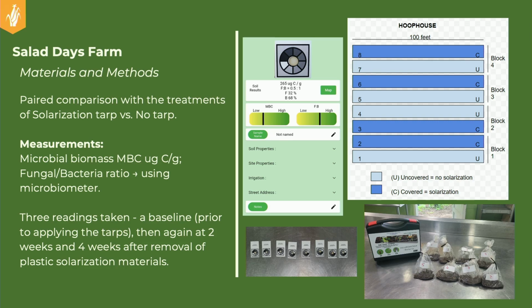Would it be safe to assume that the black fabric I use between my rows is similar to what you're doing with solarization to minimize weed pressure, and brings in more heat? I know your process was more on clear plastic, but would it be fair to assume that the black fabric would have a similar impact? Yes, and